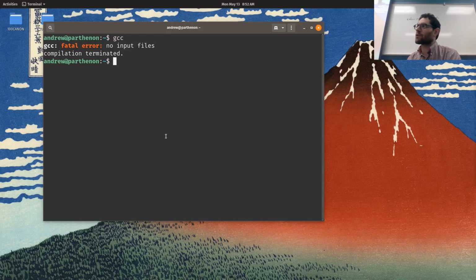But the computer, unfortunately, really only understands one thing, zeros and ones. That's all it understands. So what we do is use a tool called a compiler, which basically takes the program we write and translates it into machine language, something that the computer will understand. So I will start by writing it out using Vim.